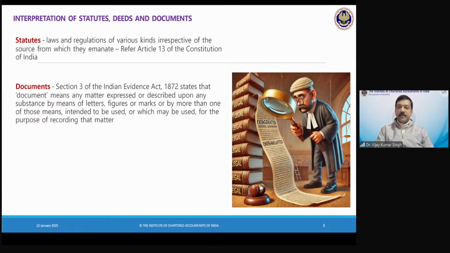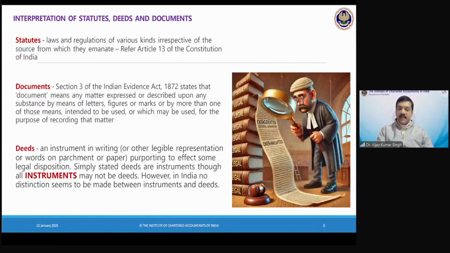There is also interpretation required of documents, and we discussed that in Section 3 of the Evidence Act. Document is defined. So is under General Clauses Act, documents are defined, and documents have a very expansive meaning. So it does not only mean that it should be on a piece of paper, it can be on anything. And that is what is referred to as documents. It can be even inscribed on a pottery or maybe an iron plate. That is also a document. Then we discussed deeds, and deeds are basically instruments in writing, which are meant for conveying certain things or transferring certain things. This is the idea and objective of the term deeds.